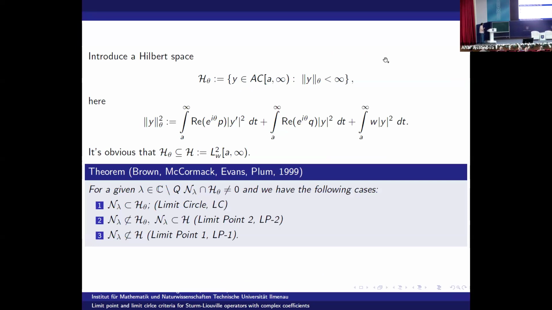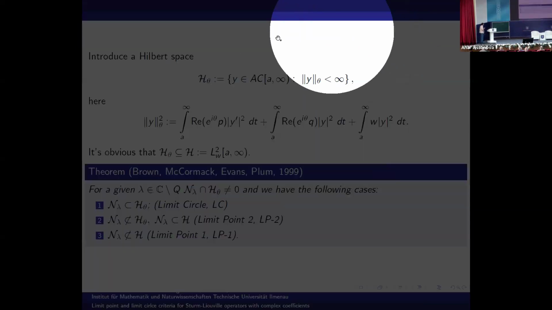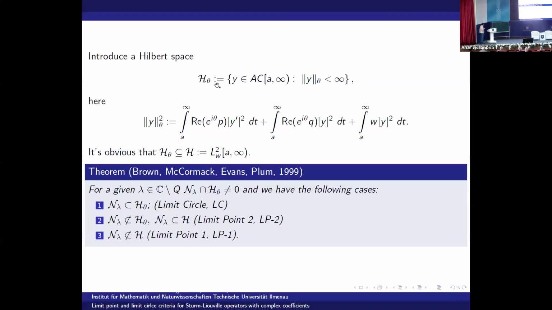It is obvious that the space H theta is a subspace of our natural Hilbert space H. By natural, I mean the weighted L2 space over the half line with weight W. This theorem was obtained in